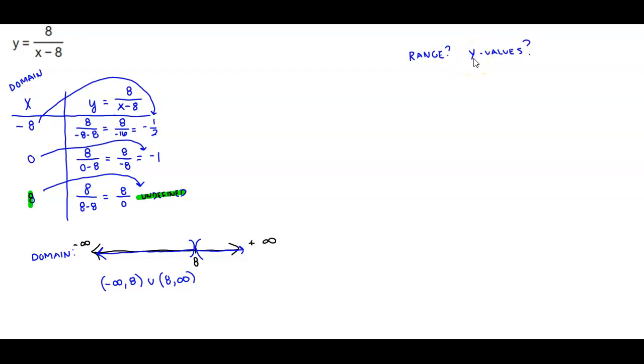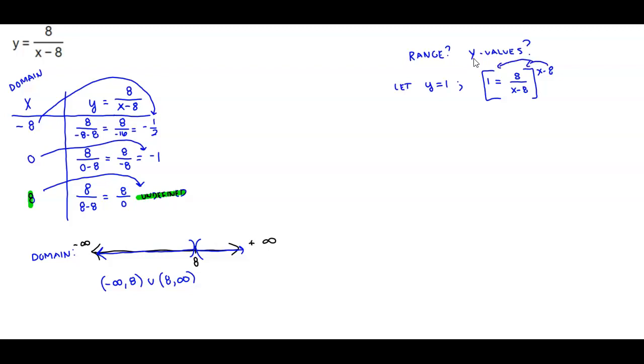Okay, that's what we want to find. Well, let's say if we let y equal 1, and we would plug it in the equation. So y would equal 1, which is equal to 8 over x minus 8. And then we would have to multiply both sides by the LCD, which is x minus 8, and we would distribute it to both